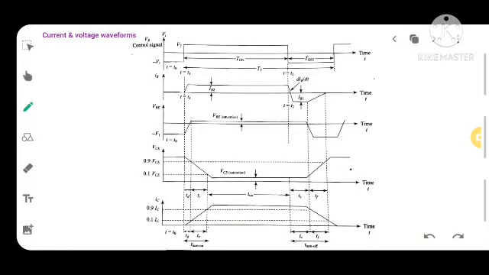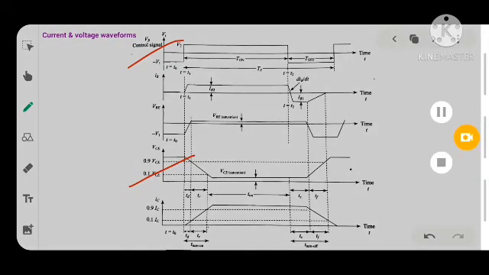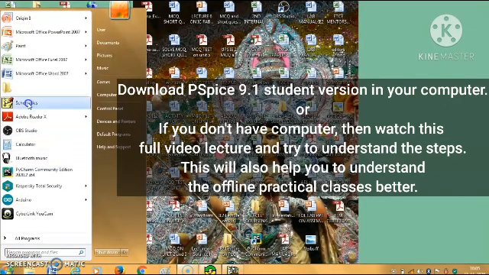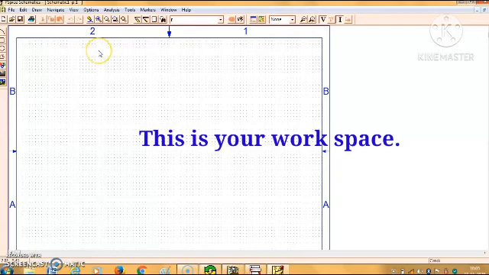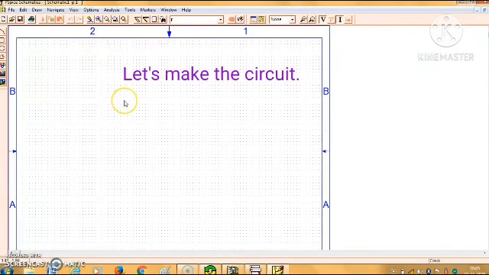So finally, now we will see how we can actually do the experiment and visualize these voltage waveforms, after doing the simulation, that is, after doing this virtual lab. This is your workspace where you have to make the circuit.